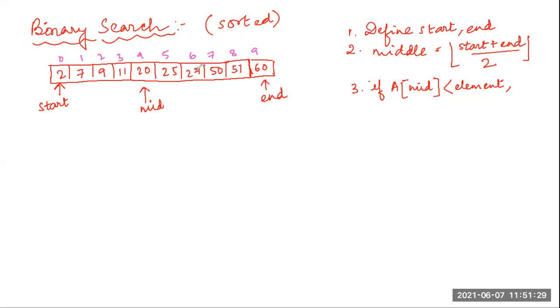So if I find out that this is the right side of the element that I am searching for, then for the next step from 25 I will search till 60. I won't be interested in this part for the next iteration step. So this will be my start for the next step. Yes or no? The end will be same, but this will be my start. That is, mid plus 1 location will be my start for the next iteration. Yes or no?